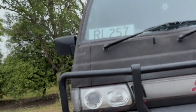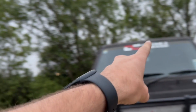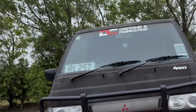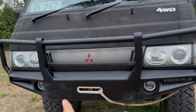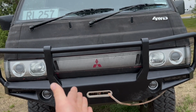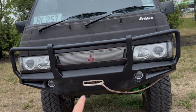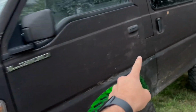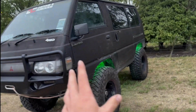So hopefully the lighting on this is a lot better, and then soon I'm going to put my light bar on the roof, but I need a roof rack for that. So the lighting in the front of this should be really, really good. I also got the winch in, but I have not connected the power because this is a van, so it was a little bit hard. I need longer wires because the battery needs to go from there to just behind the seat here. I've also got the rock lights in,